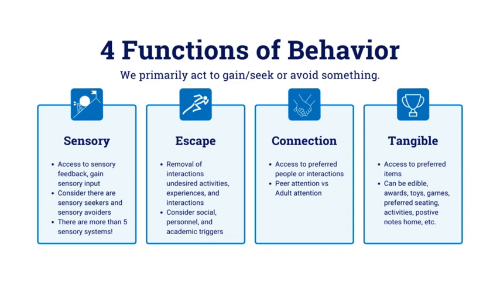Connection is so important to many students. Many of the behaviors that teachers describe fall right in this connection attention category. So, if you have a student who is performing a behavior and you believe they potentially are doing it for an attention seeking reason, one of the first questions you should ask yourself is, is the student trying to get my attention as an adult? Are they trying to get attention of peers? Are they trying to get attention of family? Figure out how they are trying to gain attention.